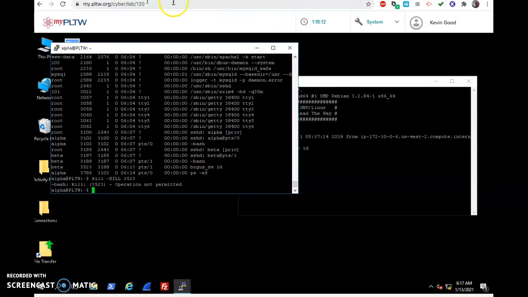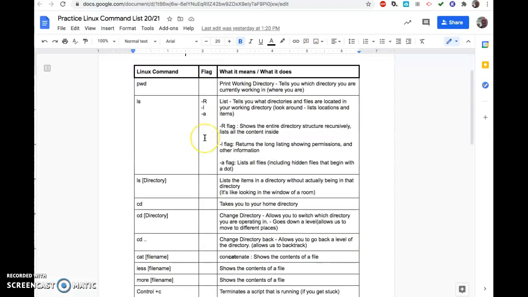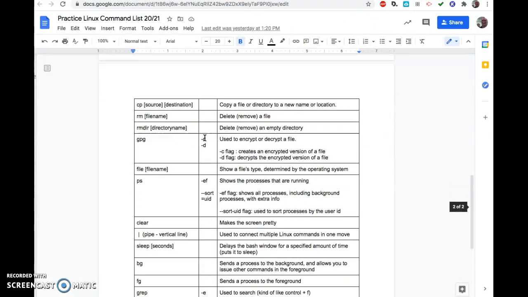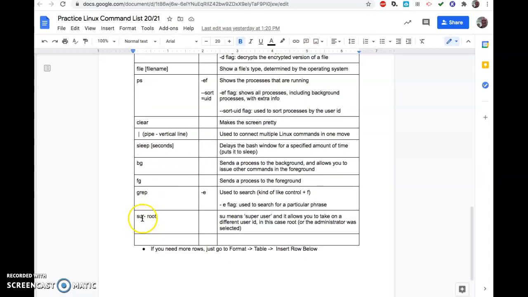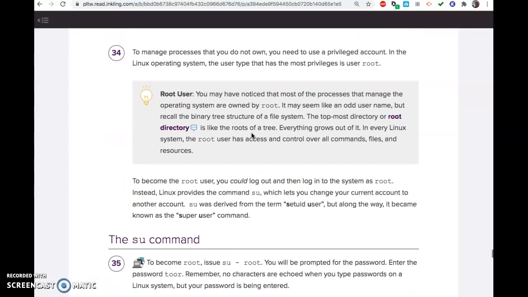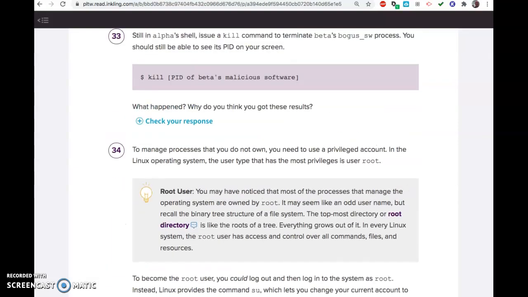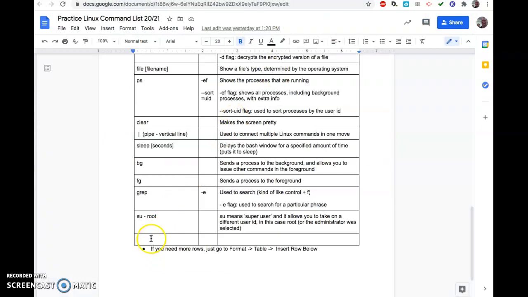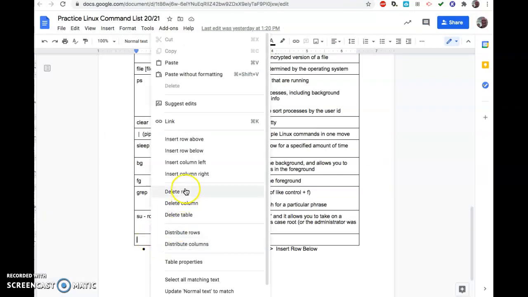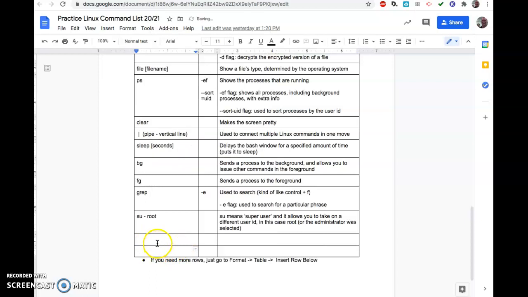Anyway, hope that helps. That should explain the rest of the thing. Make sure you update your Linux command list with grep and su root and what's the other thing? grep -e. I think there's another command in here. Oh, kill. We haven't put kill in there. So you want to put kill in. Maybe I'll add another row just because I don't like being on my last one. There's kill,